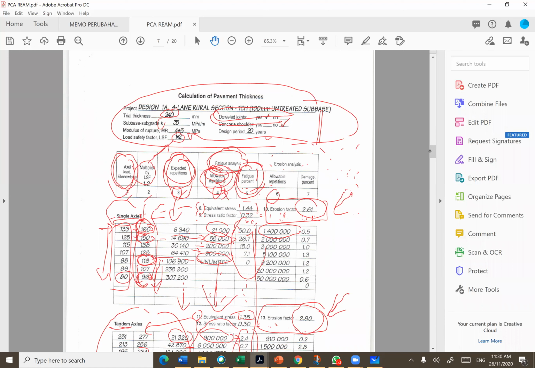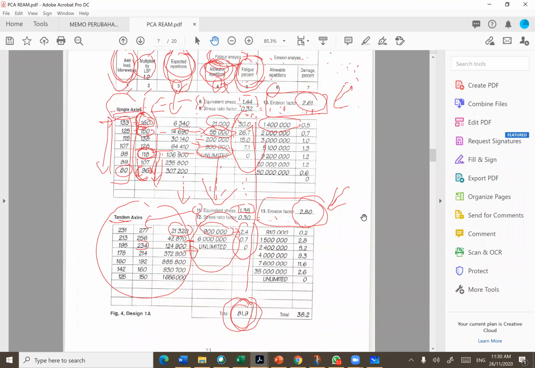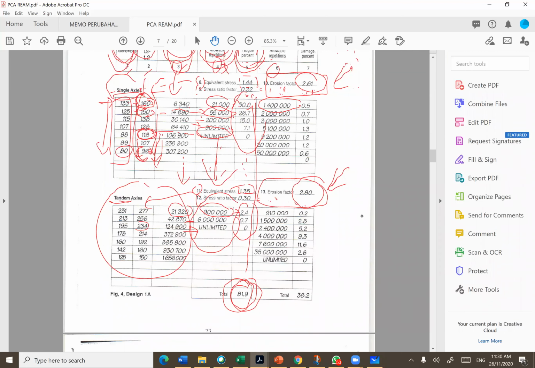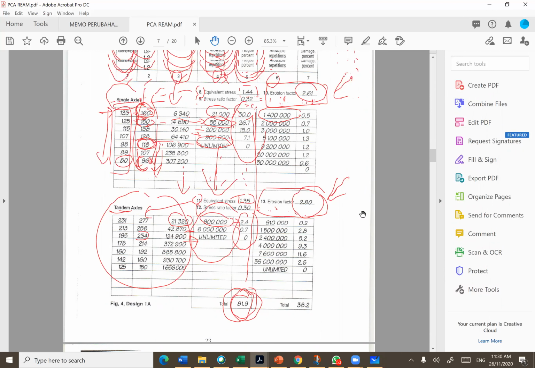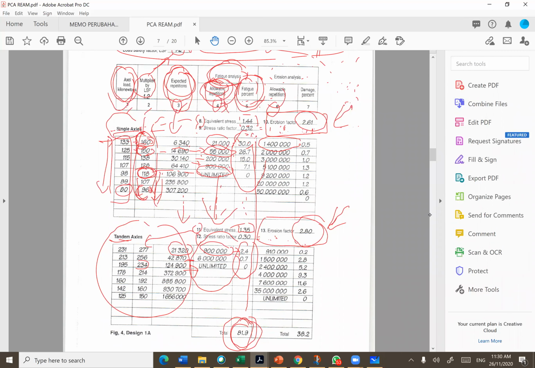Yes. Okay, so try and do for all. The same way, if you go beyond the scale, it will be unlimited, and just stop. So once you fill up this allowable repetition, you go to column number 7, where you calculate